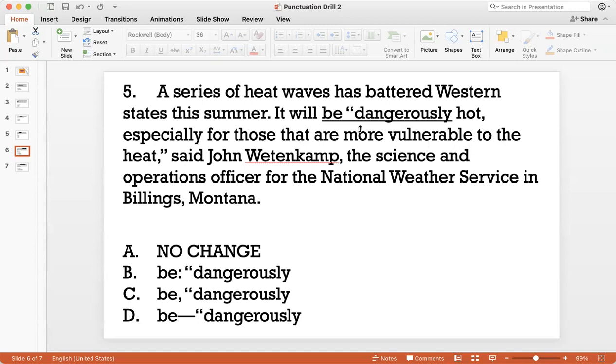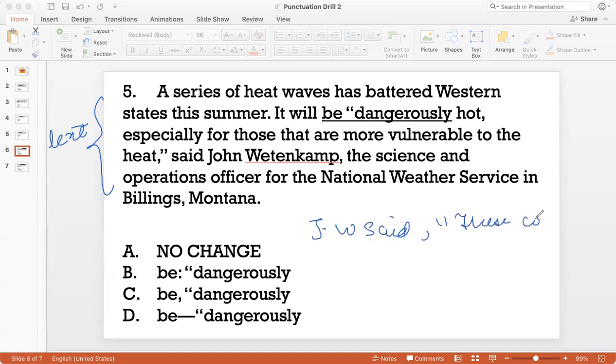Now, if you think about it, the author has selectively used John Wetenkamp's quotation in his own text, right? This is the text of the author. And in his own text, he has selectively used John Wetenkamp's quotation. He is not quoting John Wetenkamp in full. So when that is the case, then I do not start my quotation with a comma. I start my quotation with a comma if it had said, John Wetenkamp said,